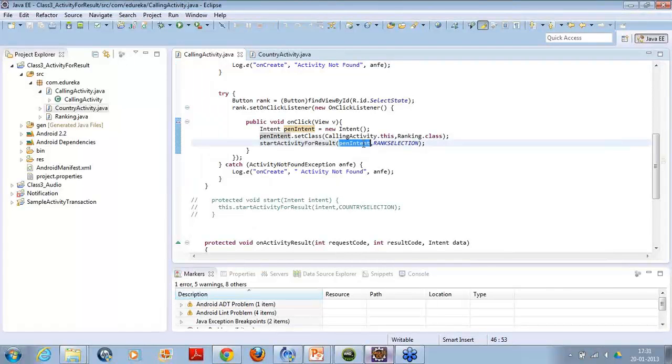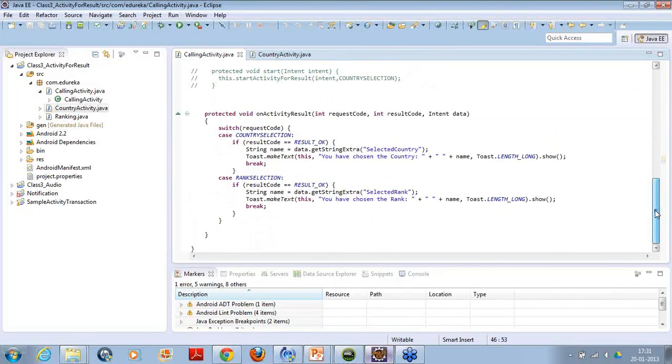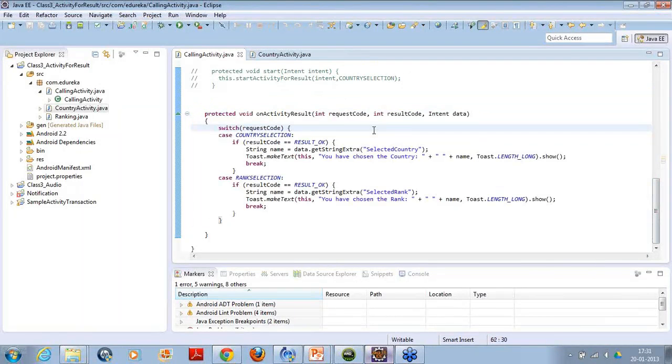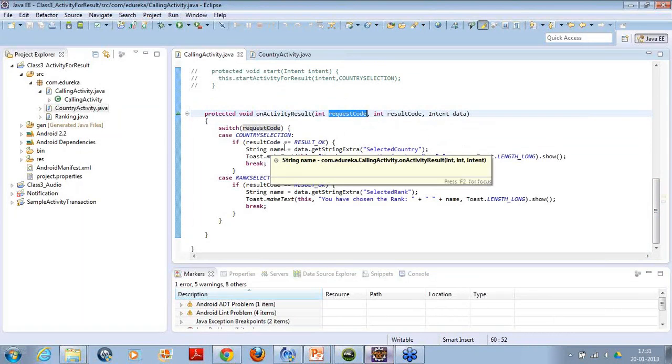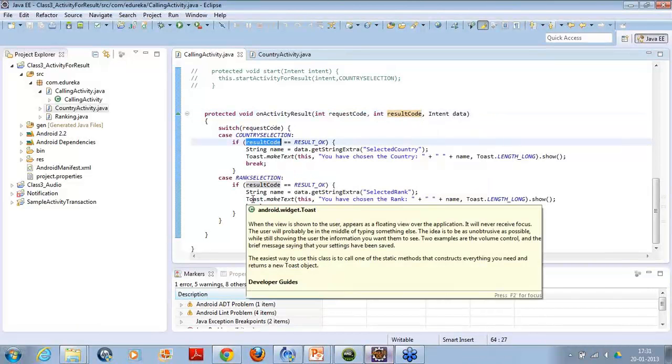Then it is passing the intent, and the intent is actually taking you to the particular class to select a particular data. Coming down, you can see onActivityResult. This is basically a method where you will see how you are retrieving the data. You have a request code. Now, what is your result code? Result code is an int parameter. Result code should always be equivalent to your